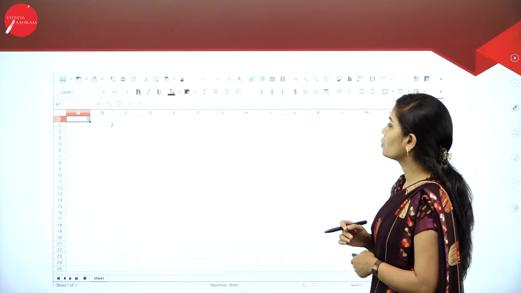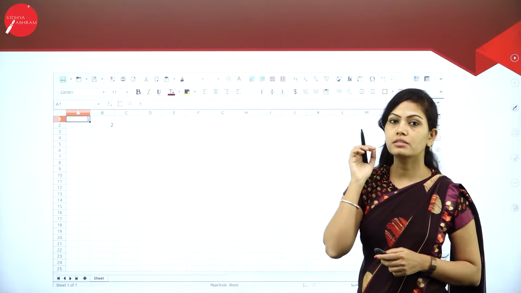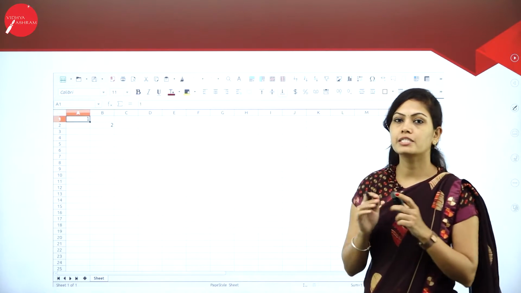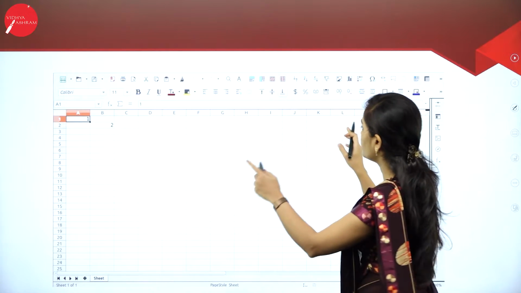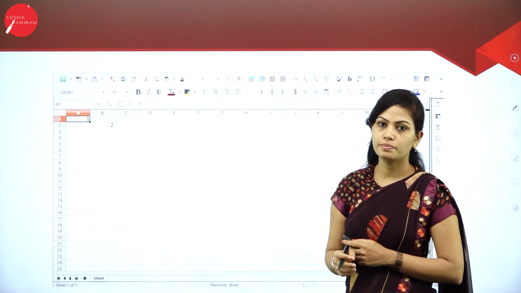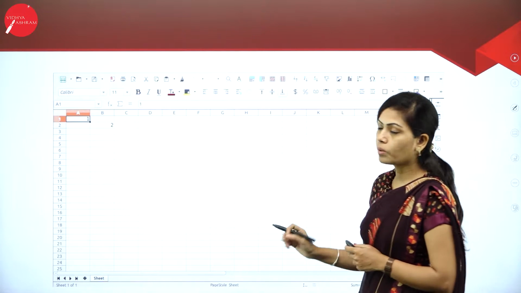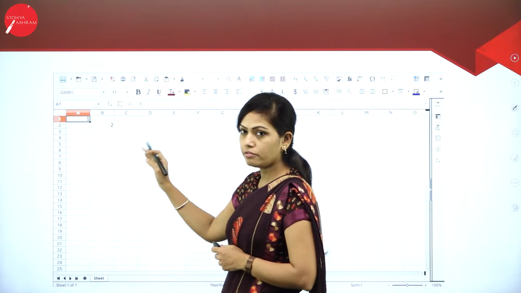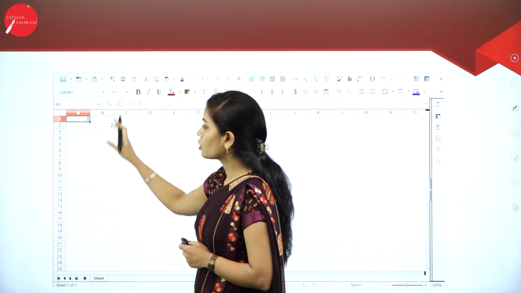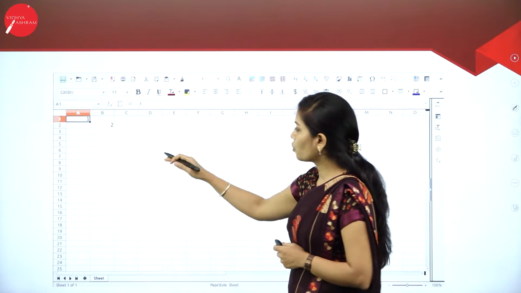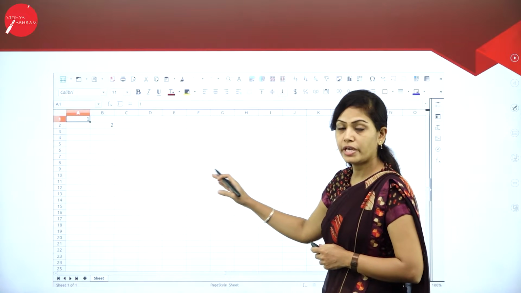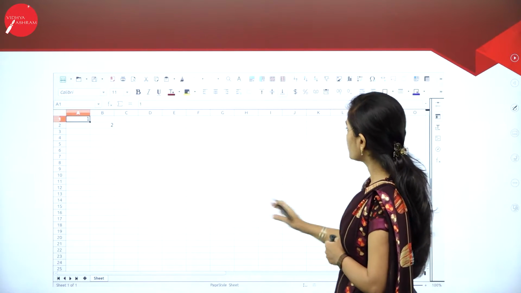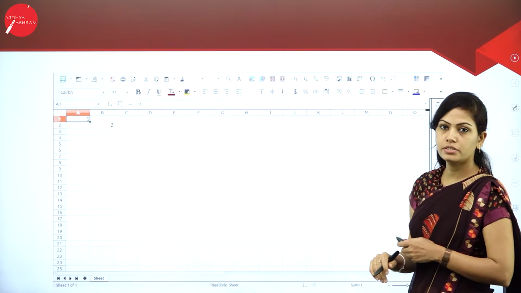So how will it look? Once you select MS Excel, this will display on your desktop or laptop. This is your Excel layout. This is called a worksheet. You can observe this. In a worksheet we have rows and columns, so many rows and columns. Clear? This is your Excel sheet.